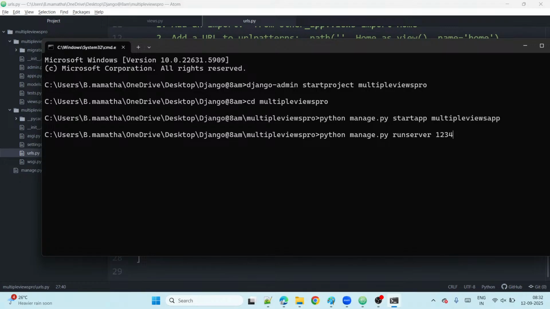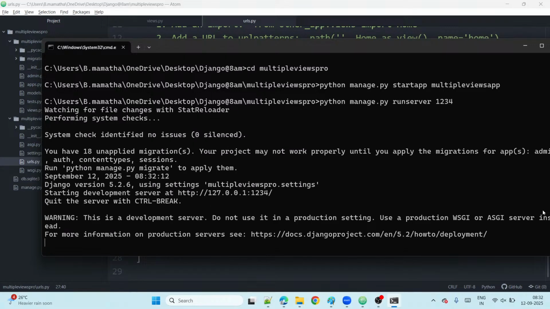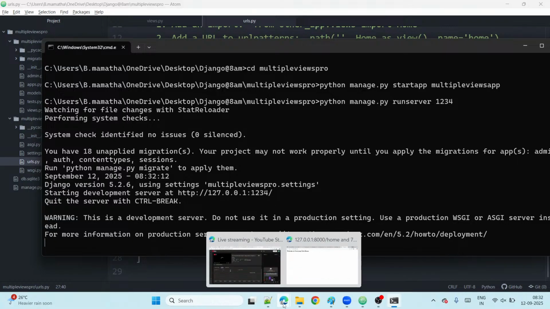Because a port number must have 4 digits, guys. But it should not start with 0. Okay, that's all. Now you can observe, right? This is the URL. You can see the port number. What is there? 1234 is there. Okay, and then open the browser,